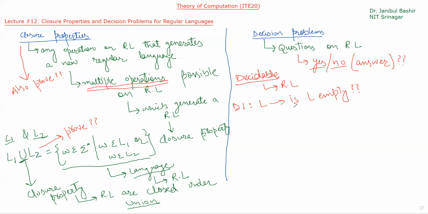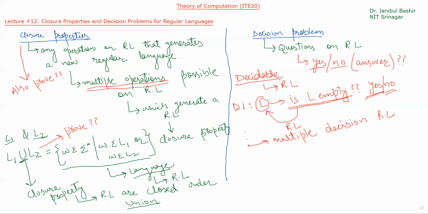Okay, for this particular problem, this is a decision problem on this language, and this language is a regular language. So this is a decision problem on this regular language, and we have to see whether we can answer this particular question in yes or no. Likewise, we have multiple decision problems and we will discuss many different decision problems on regular languages, and we will see how we can answer those problems yes or no, and we will discuss what problems are decidable in case of regular language. Fine.